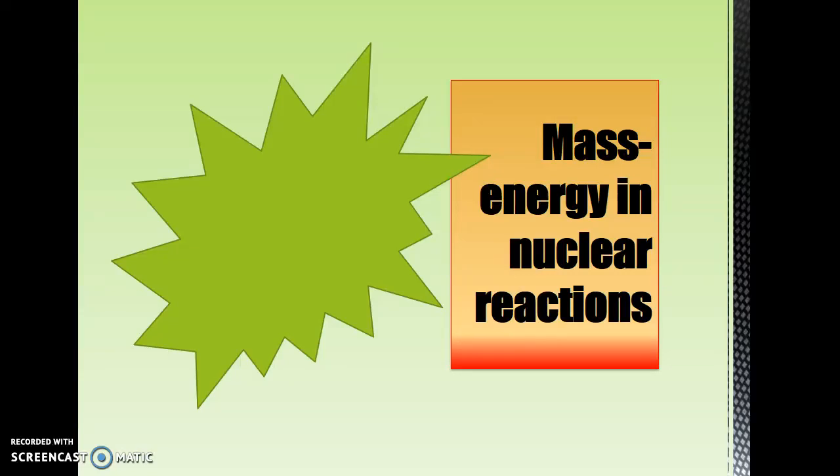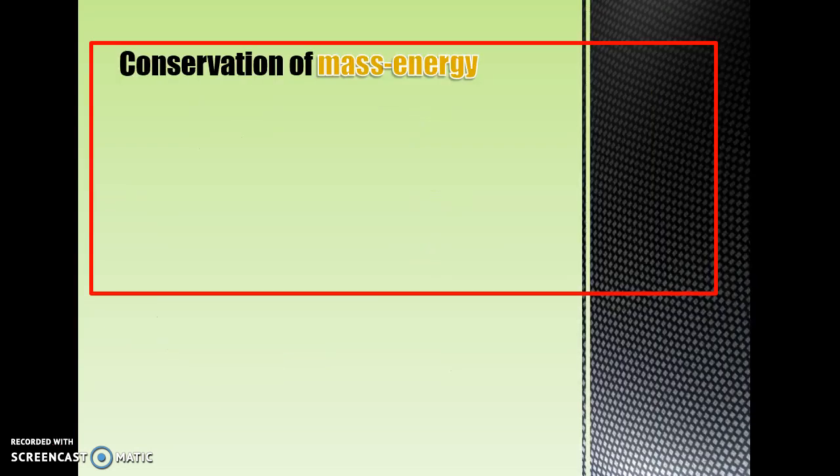Good evening, Level 2s. So we're going to look at nuclear energy now as our last topic in atomic physics this year. And first up is the mass energy in a nuclear reaction. It was rather puzzling for physicists to work out what was going on. Why was energy being given out when radium and things like uranium